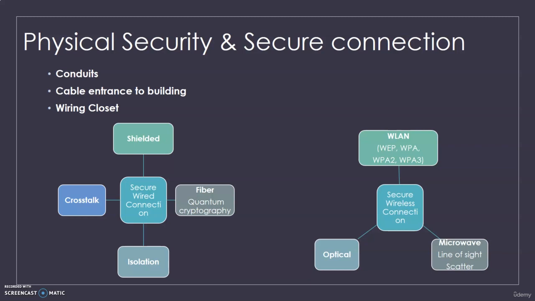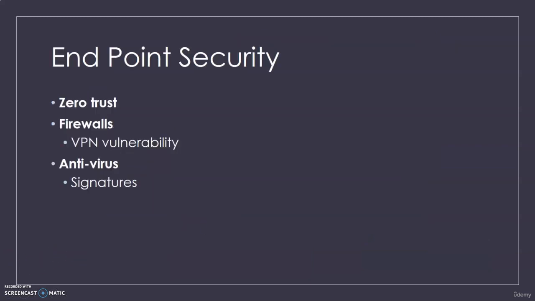But in the end, it comes down to endpoint security. You can have the most secure pipe or tunnel in the world, but if the ends of the tunnel are open, then it doesn't do well to have a secure network. So the whole point is we need to make sure that those devices that connect to our network tunnel are properly secured. We often base our approach today on what we call zero trust. We don't trust anything. Everything needs to be tested, validated, and proven to be trustworthy. It isn't just automatically accepted.